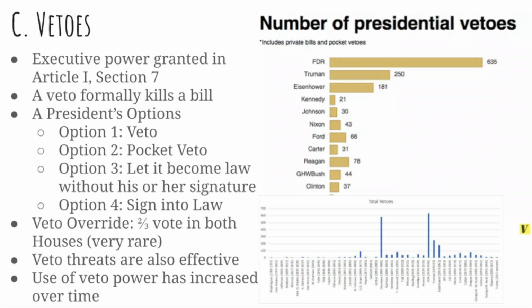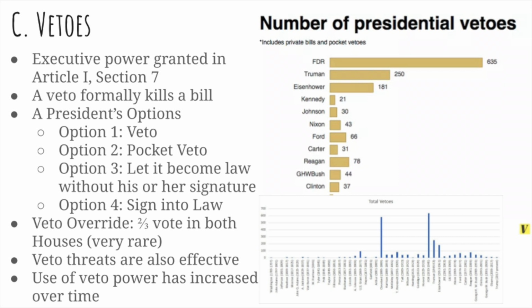And that was historically to prevent a bunch of bad legislation from being passed at the very end of a term and then thrown to the president, and then Congress kind of leaves. Realistically, pocket vetoes don't happen anymore, so you don't really need to worry about it. The other two are ways that a bill can become a law. One is if there's more than 10 days left in a term of Congress and the president doesn't sign it, it becomes law. And that might happen if the bill is popular among the people, but the president doesn't particularly like it and doesn't want to endorse a particular bill, but wants to allow it to become law. And the other way is to sign it into law. Option 1 and Option 4 are the two most common things, either a straight veto or straight signing the bill.